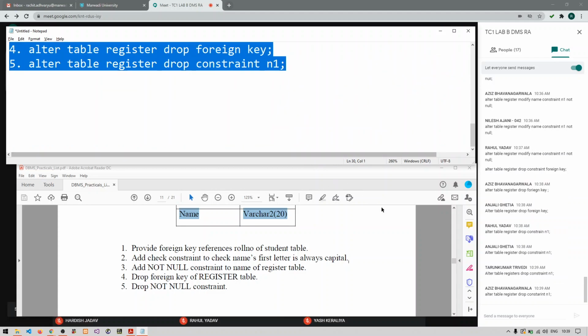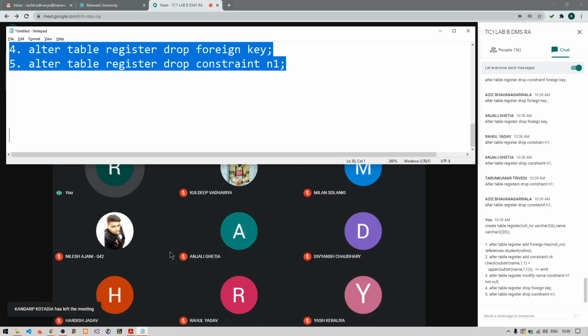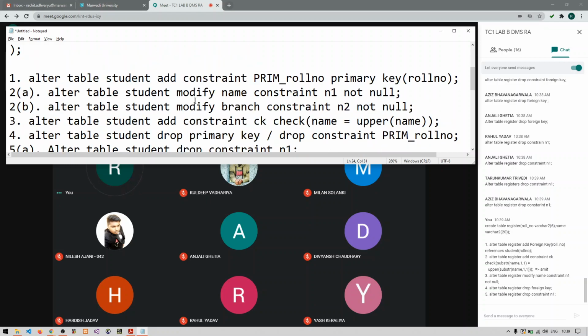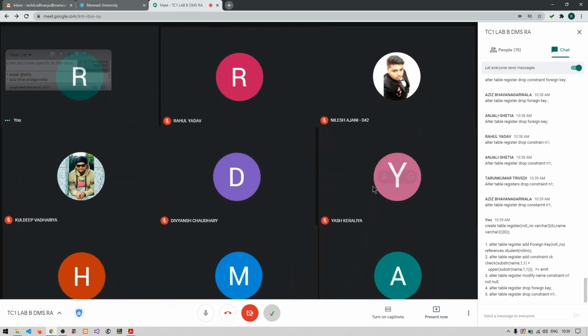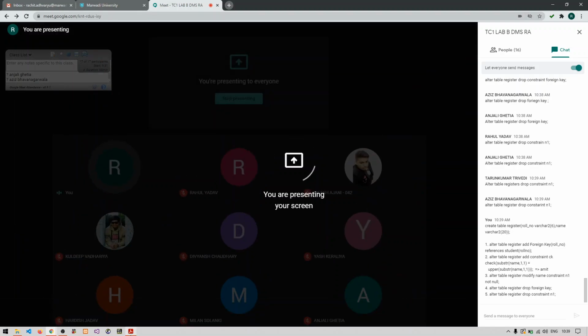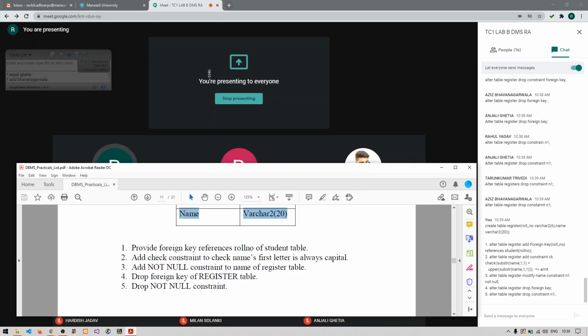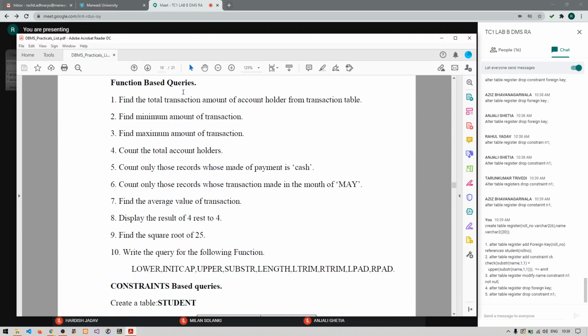So I'm just pasting all of these answers in your chat just for your reference. I pasted both the table and all the answers of each of them, right? So now you can refer to it, and check it in your Apex whether they are working or not. Now the next step is we are moving on to the queries. I will ask randomly to give the answer using the functions that we have learned in the previous lab. So moving on to the function based queries.